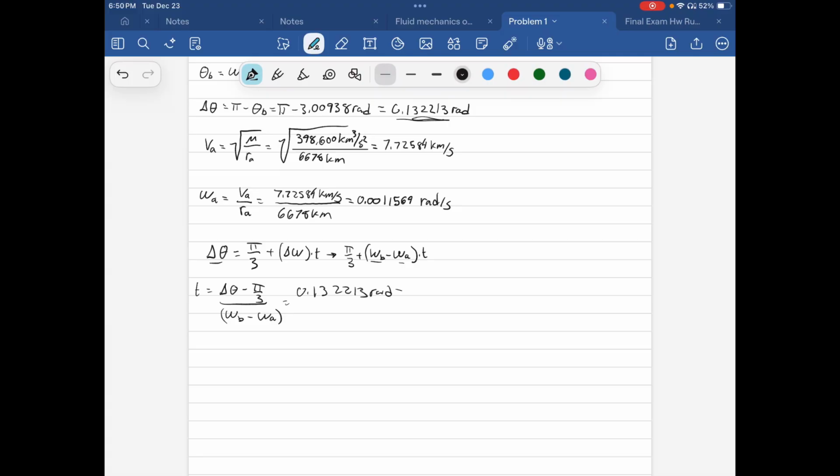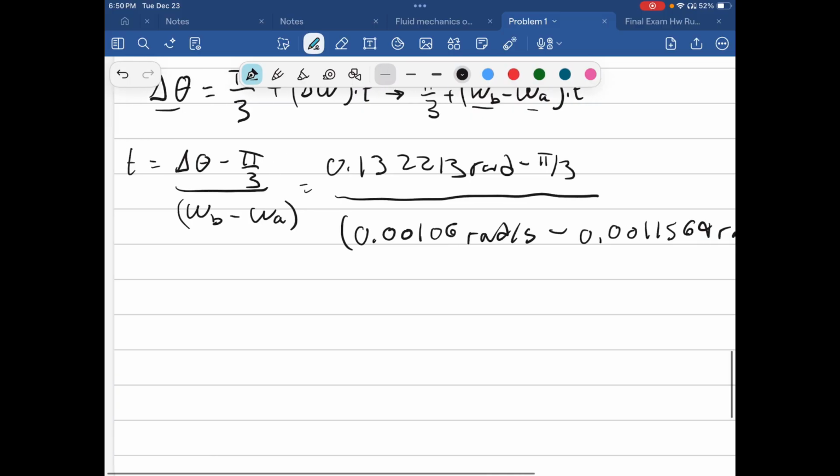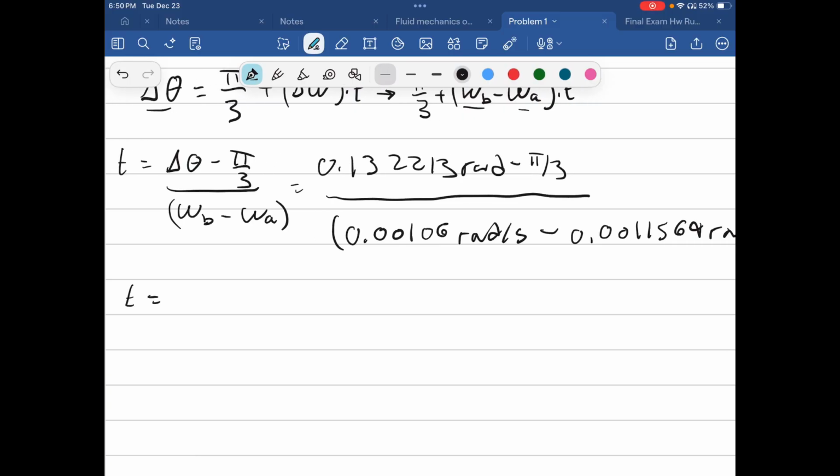If we plug that in, we get 0.132213 radians minus pi over 3, over our omega B, 0.00106 radians per second, minus 0.0011569 radians per second, and we'll end up with a time of 9,464.87 seconds. So this is the time that we need to wait in order for satellite B to be in